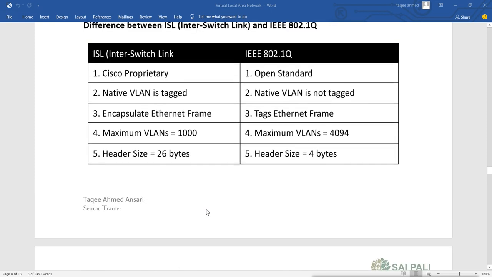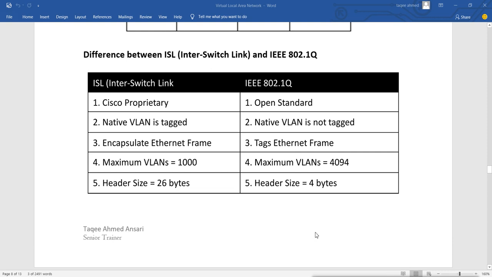So now how can we do this? It is very simple to configure the port as a trunk port. After we configure the port as a trunk, it becomes a member of all the VLANs, we can say. That means if any data comes and goes for any VLAN, it will also go through the trunk port. And when it goes through the trunk port, it will have a tag of the VLAN information. That means when it reaches the other machine, it will know which VLAN it belongs to.